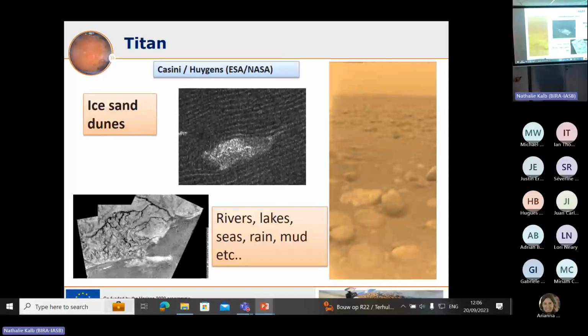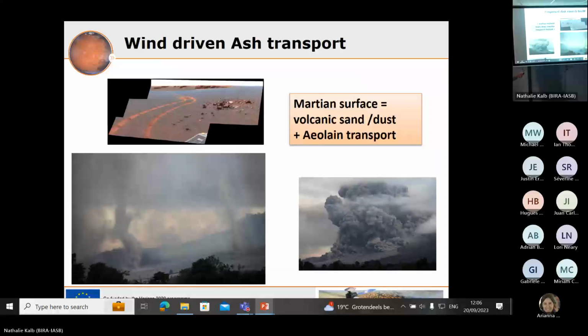I'm not really going to tell you much about Titan, other than that there are some really nice pictures of dunes on Titan, which are these. Obviously the environment is very different. It's super cold, like minus 200. And these are ice particles that act like sand. So Titan's interesting. You're not going to hear about it, but